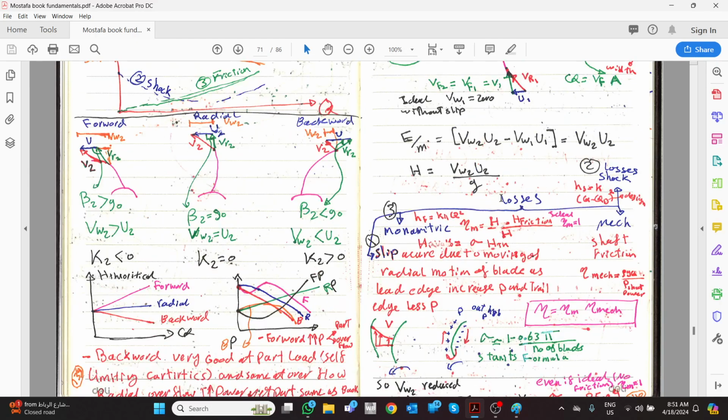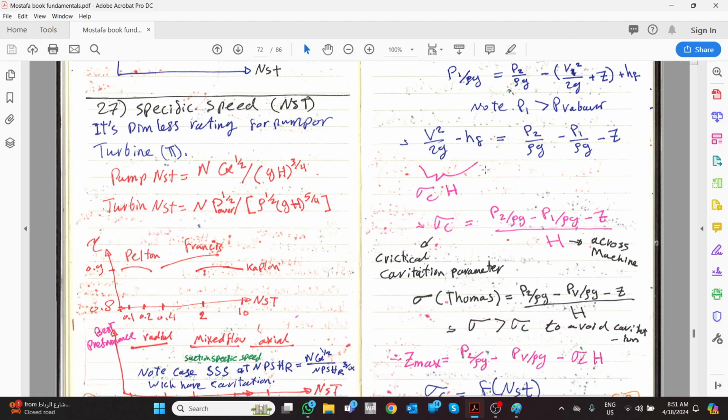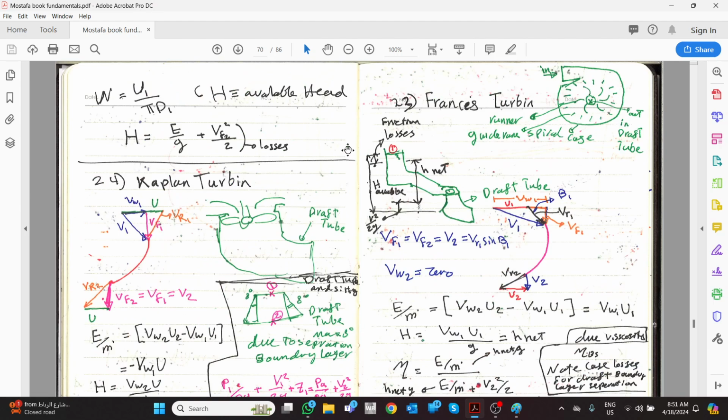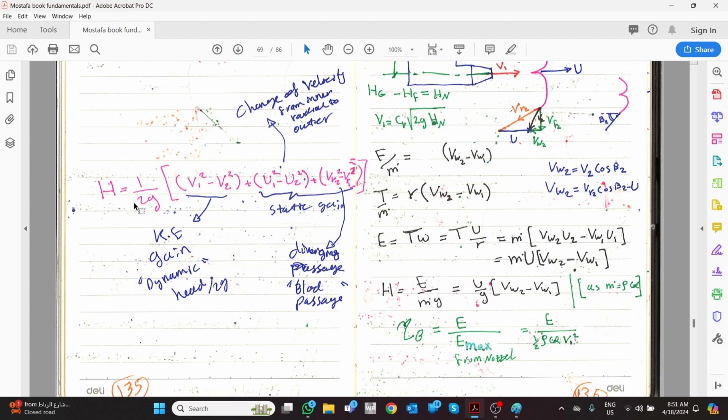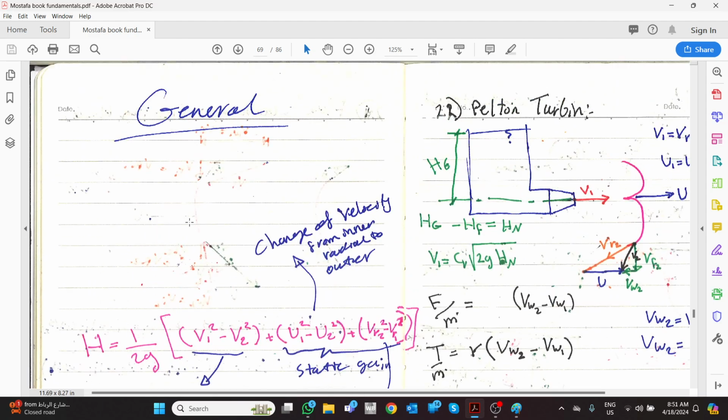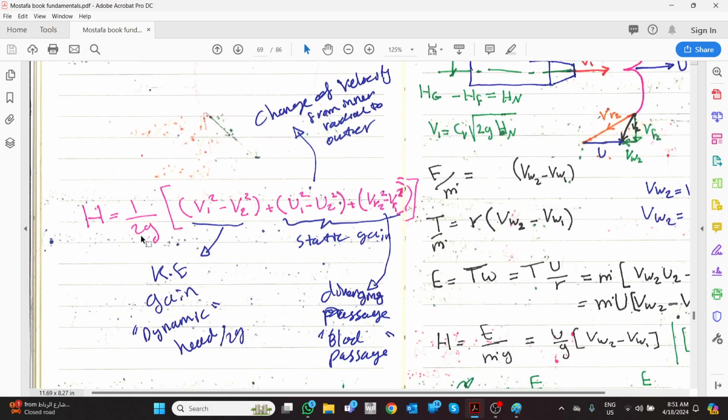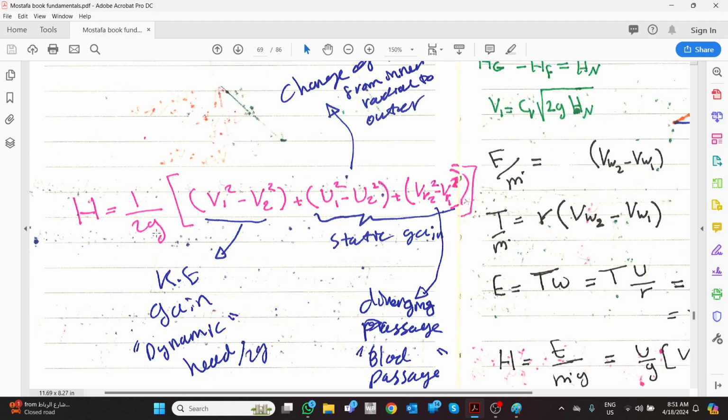Because it was very easy to manipulate with velocity diagrams before, yet we can still use it. What it is stating is that the head is 1 over 2g, it is energy per mass flow rate, is the kinetic energy you gained,